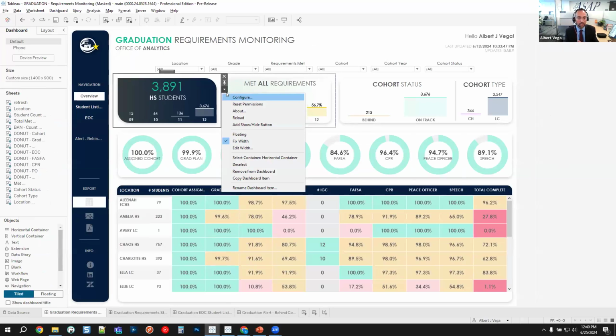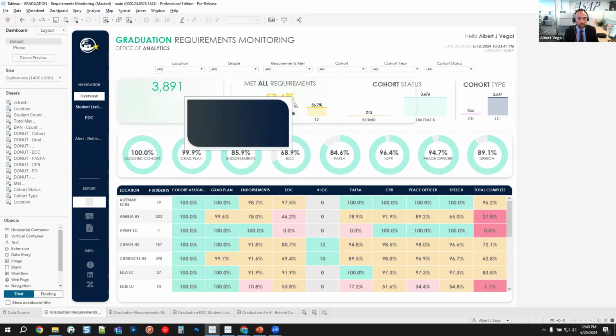What we like to emphasize, or why we like using this specific extension, is that when we use static images, you're basically set in stone. You can't really reshape the dashboard. The dashboard is what it is. If you wanted to change the rounded edges, you'd have to go in and change the shape color or the shape and where it lies on the dashboard or the size. The way that this works is it allows us to